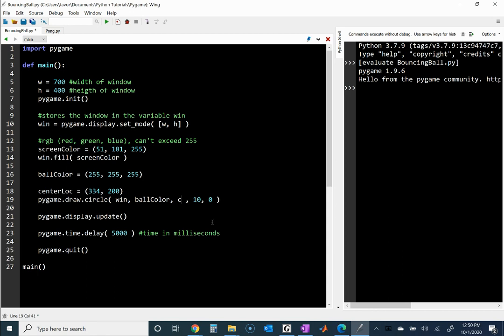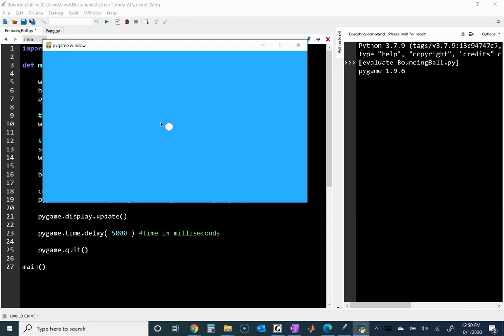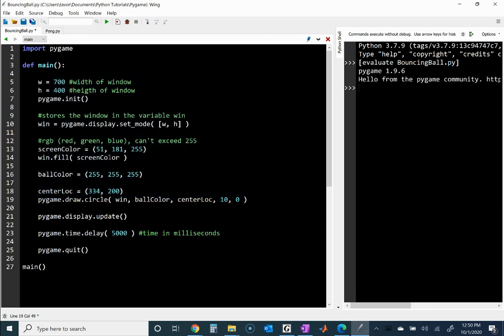And right here, I'll put center location. Now notice that this basically changes nothing besides the circle gets a little smaller because I changed its radius. But let's say I want to move it. I want it to move sideways. How would I do that? Well, we start